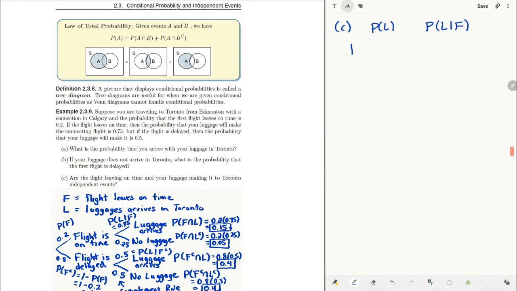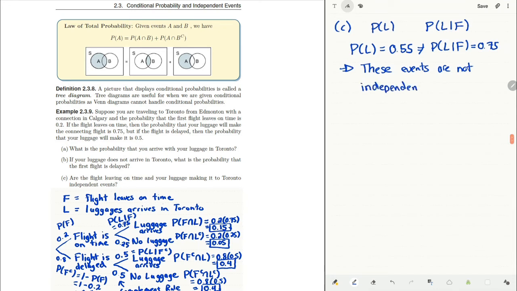So from part A, we determined that the probability that our luggage arrives was 0.55. And from our Venn diagram, the probability that our luggage arrives, given that the flight is on time, is 0.75. And because they are not equal, this tells us that these events are not independent. And so the probability that your luggage arrives in Toronto will depend on whether or not your flight is on